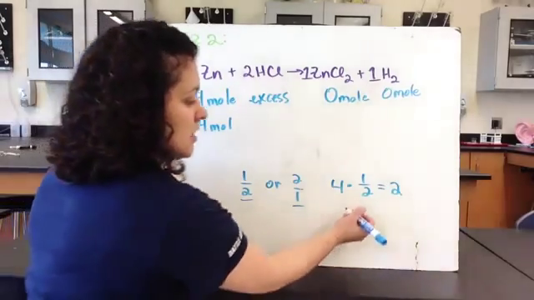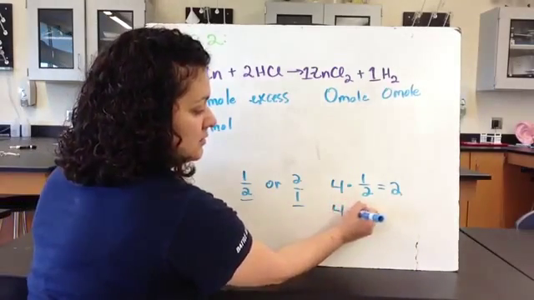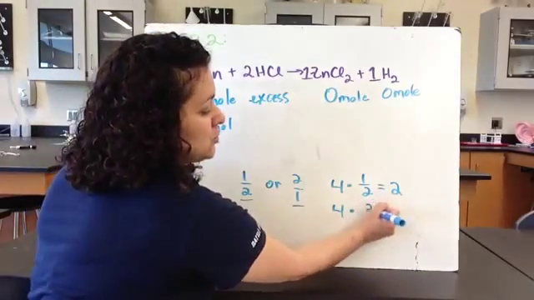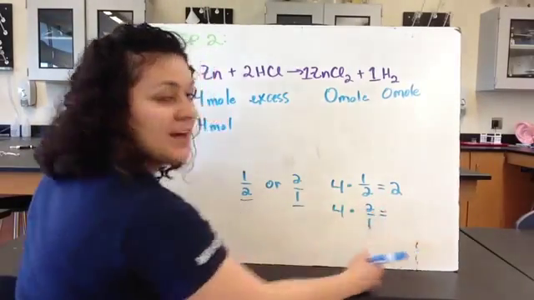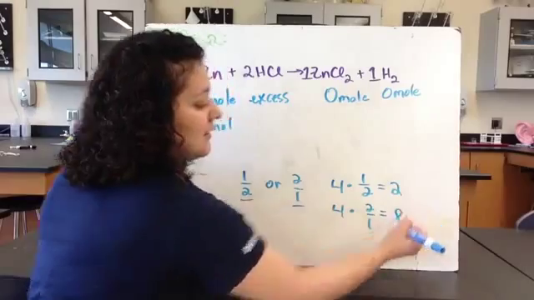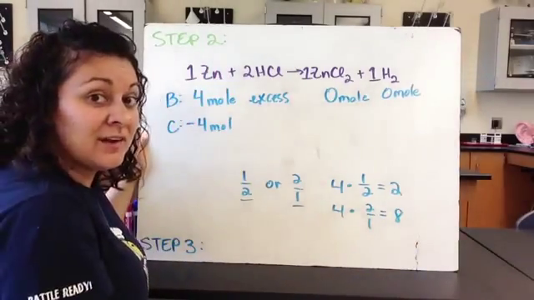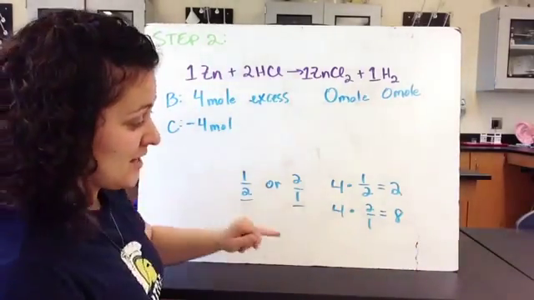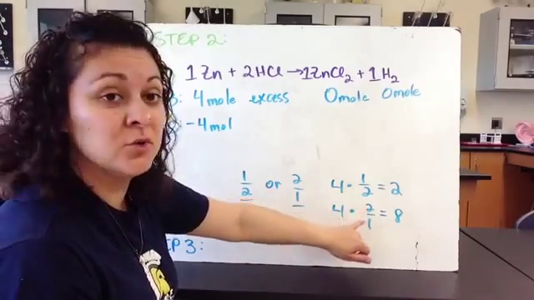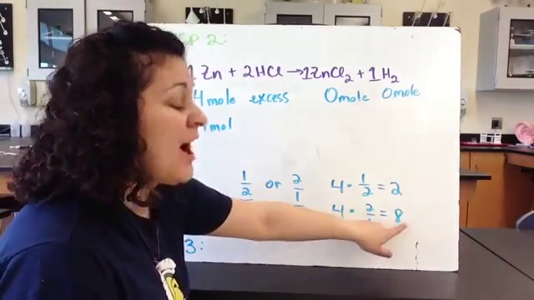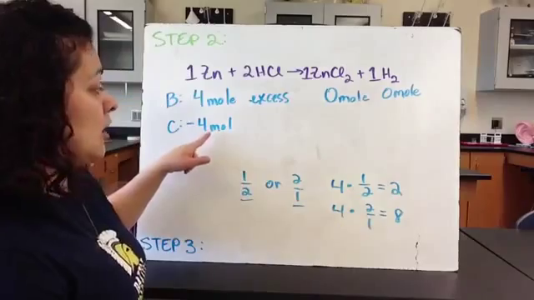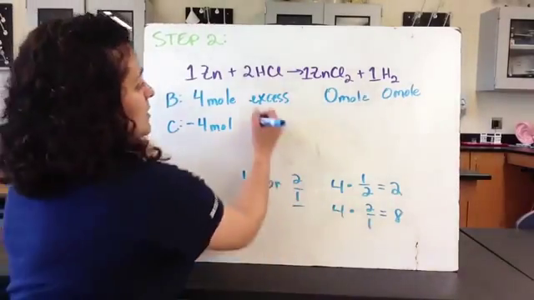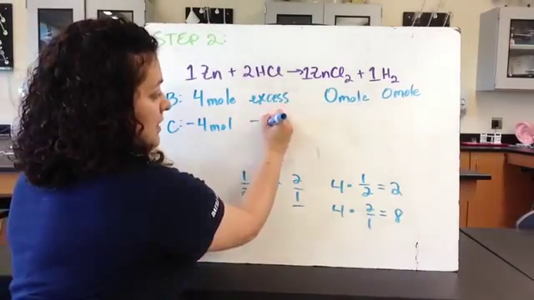It went down. So we'll try the other one. 4, multiply it by our 2 to 1 ratio, and we get 8. All right, so that tells us that we need to multiply it by our 2 to 1 ratio because we're looking for a number that's larger than our 4. So we use 8 moles